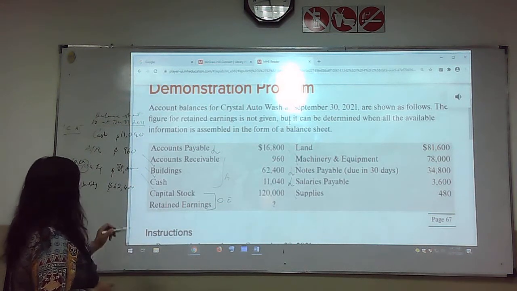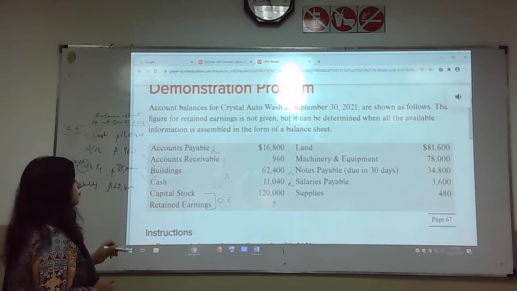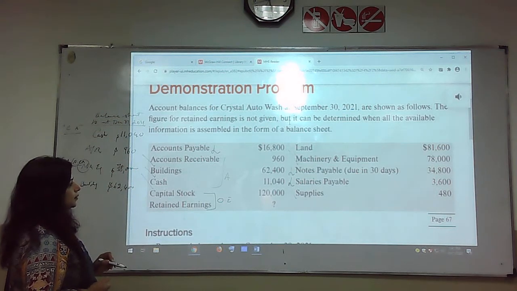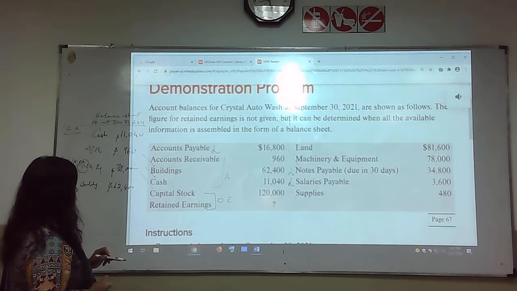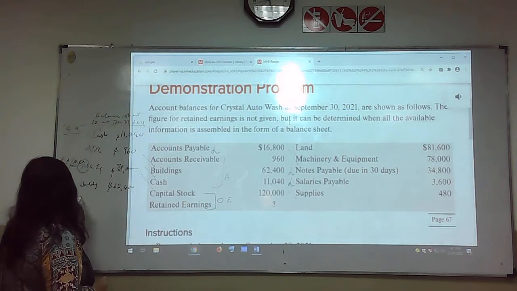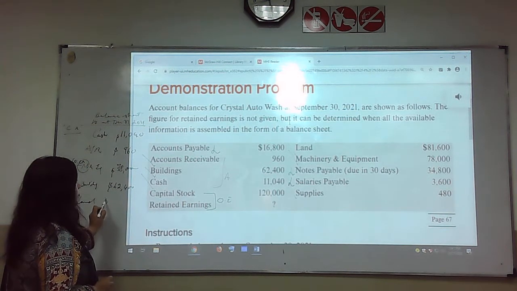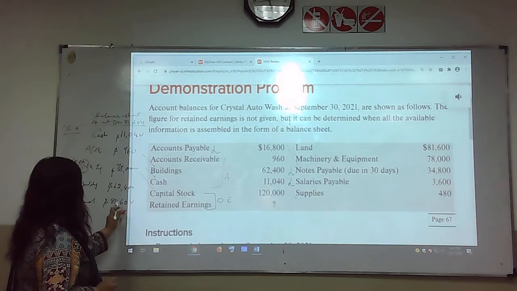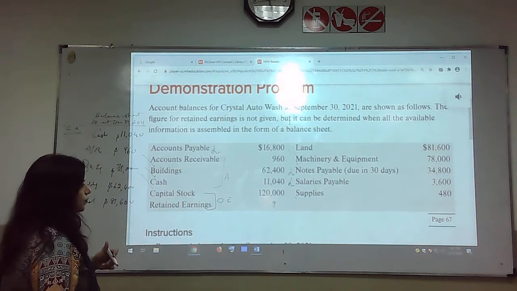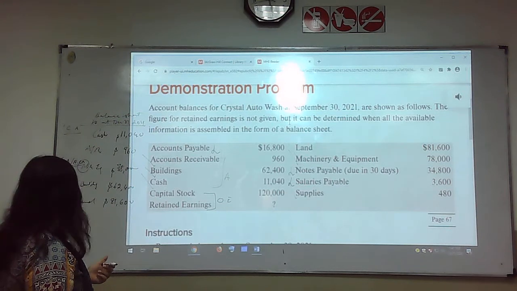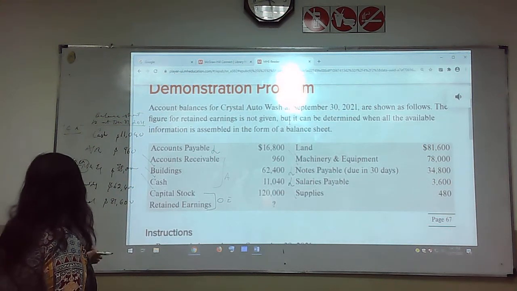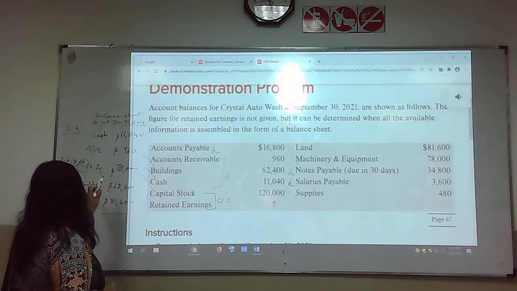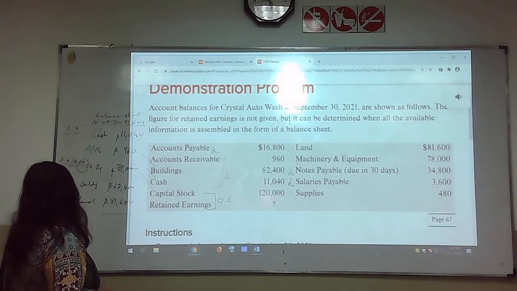So now building, and then you have building. And what else is there? We have land. And land is approx $81,600. Then you have machinery and equipment is done. Okay, now you just add up all these assets and you get a value, okay? So then you have liabilities as